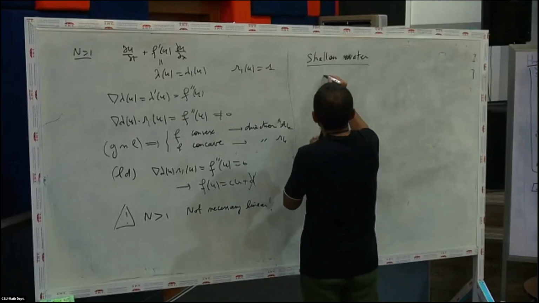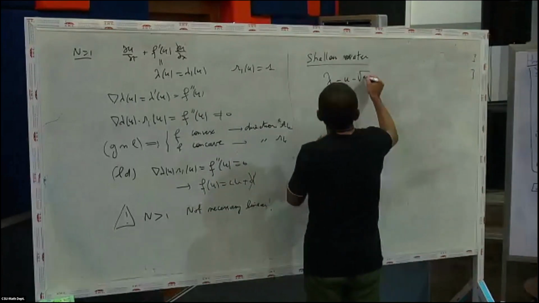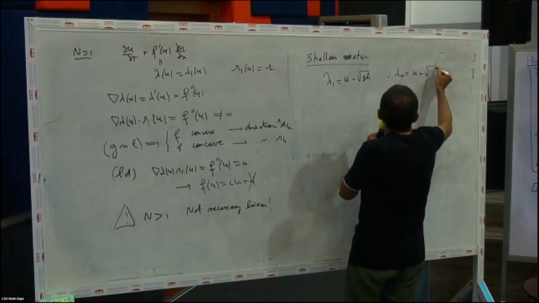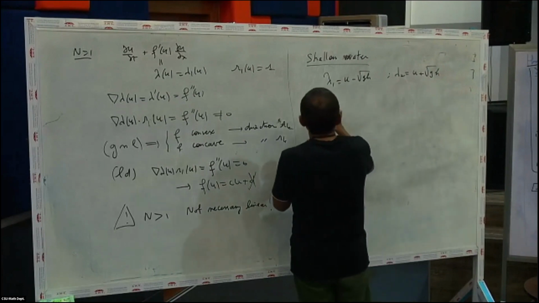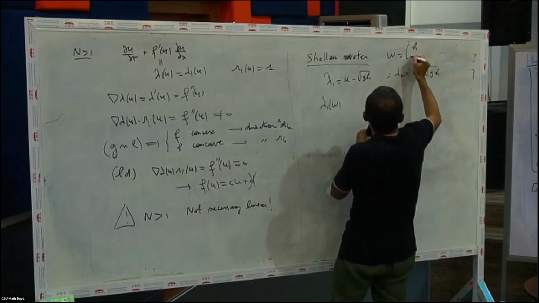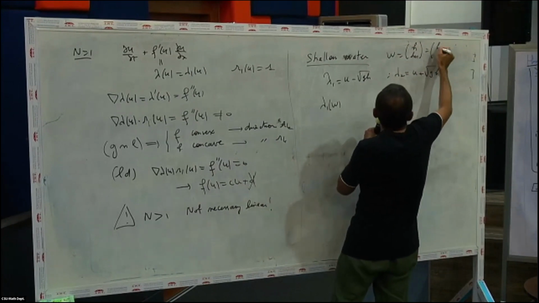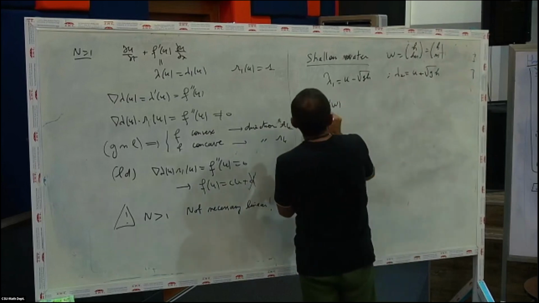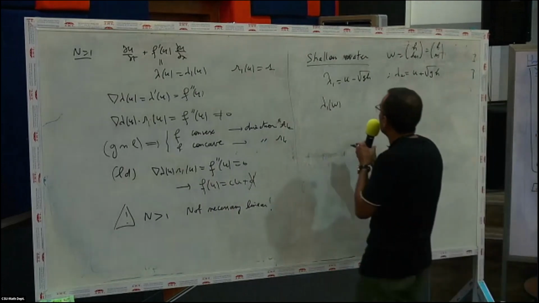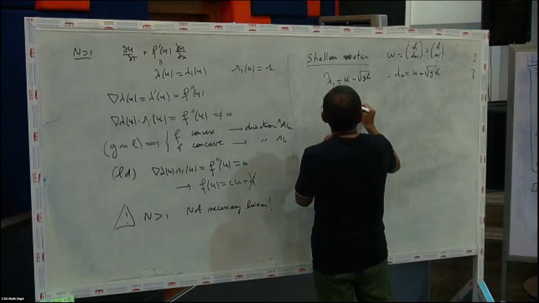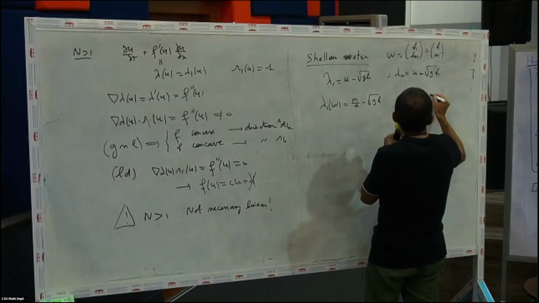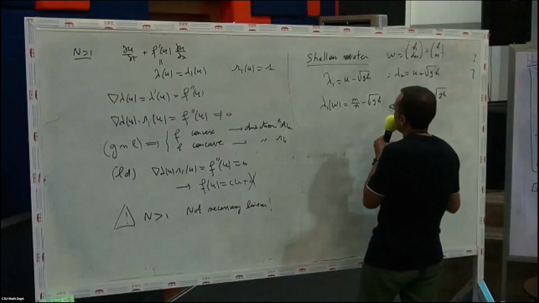So lambda 1 was u minus square root of gh, and lambda 2 is u plus square root of gh. Also, if you work with w, and w is h and hu, okay, h and m, then lambda 1 is m over h minus square root of gh, and lambda 2 is m over h plus square root of gh, and the eigenvectors,